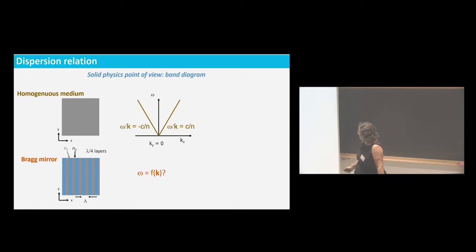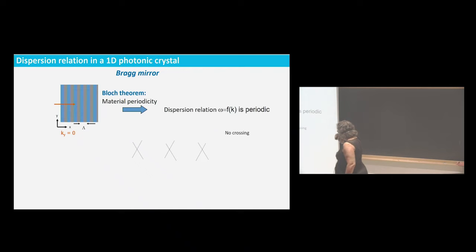Now, I want to describe the Bragg mirror with these pairs of layers. Two layers form a period, so I have a periodicity of lambda, which is expressed here. And what I want to get is the dispersion curve. I'm sorry for the animation, this came after, so forget these lines. I have a propagation along X at the beginning, and I have a periodicity, and the Bloch theorem says that if I have a periodicity of the material, I have to find the same periodicity in the dispersion relation.